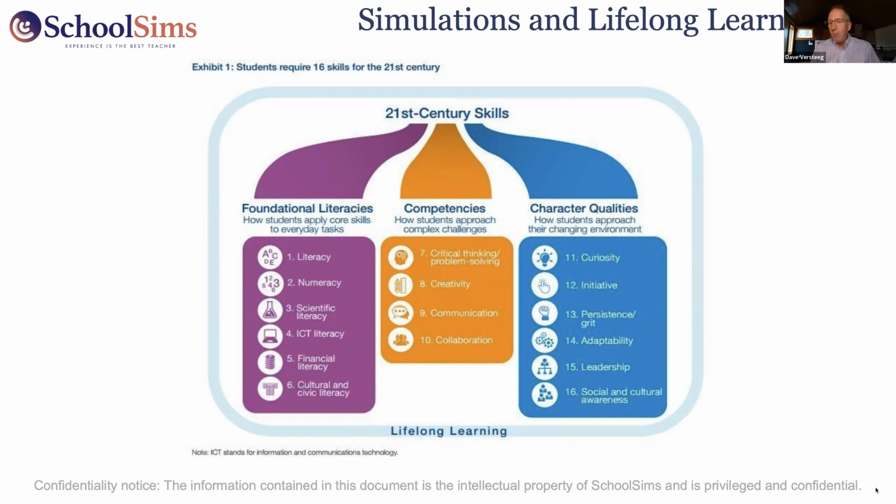So again, that sounds like a simple task, but I think we're going to show you today there's a lot of layers to it and a lot of intricacy to it, and it's a process. And I think SchoolSims is an excellent process for working through that, and we're going to show you those initial steps today. And you've already participated in that by helping us define a problem of practice today, and we're going to jump into that pretty soon. And Nick, next slide.